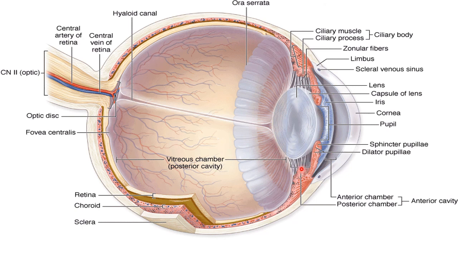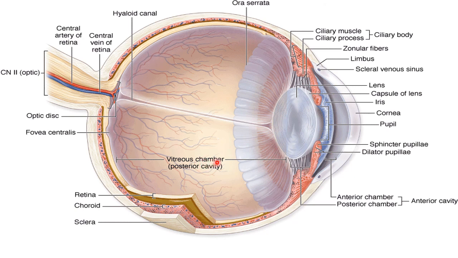The aqueous humor is secreted through the ciliary processes of the ciliary body, then it is circulated and passed through the pupil to enter the anterior chamber, and ultimately drains into the canal of Schlemm, which is present over here. That is the endothelium-lined canal, also known as the scleral venous sinus, and then it is recirculated back into the venous circulation. So the anterior and posterior chambers make up the anterior cavity of the eyeball.